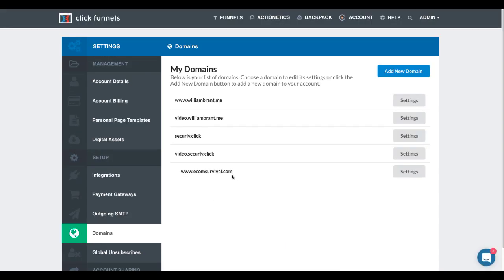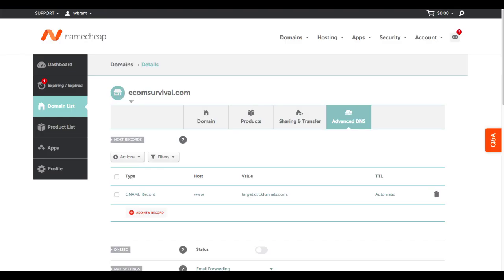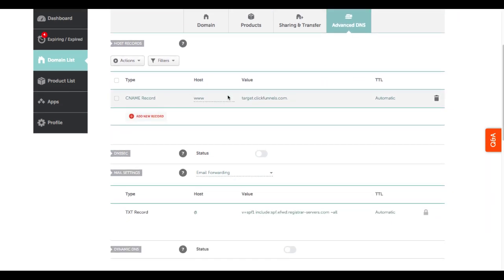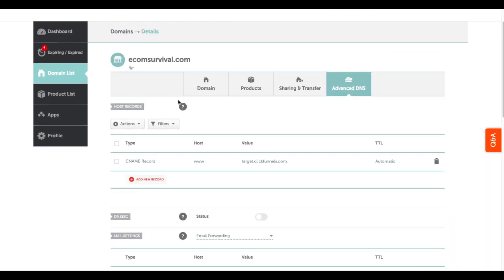One thing to note, if you want to make sure that if somebody goes to just the non-www version of this domain, you can go into your registrar. Like here I'm in Namecheap, and you could set up a redirect. So what I'll do is I'll go to the domain settings,